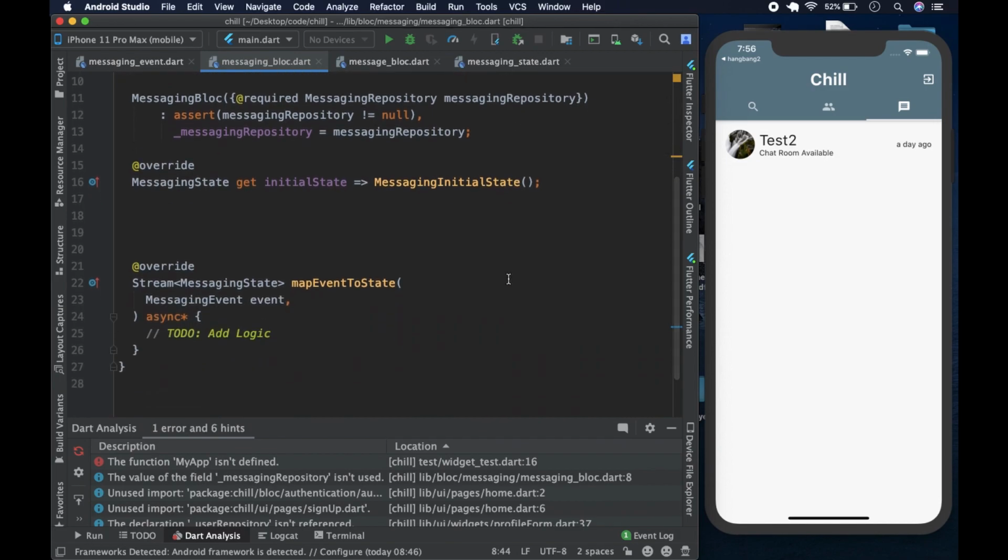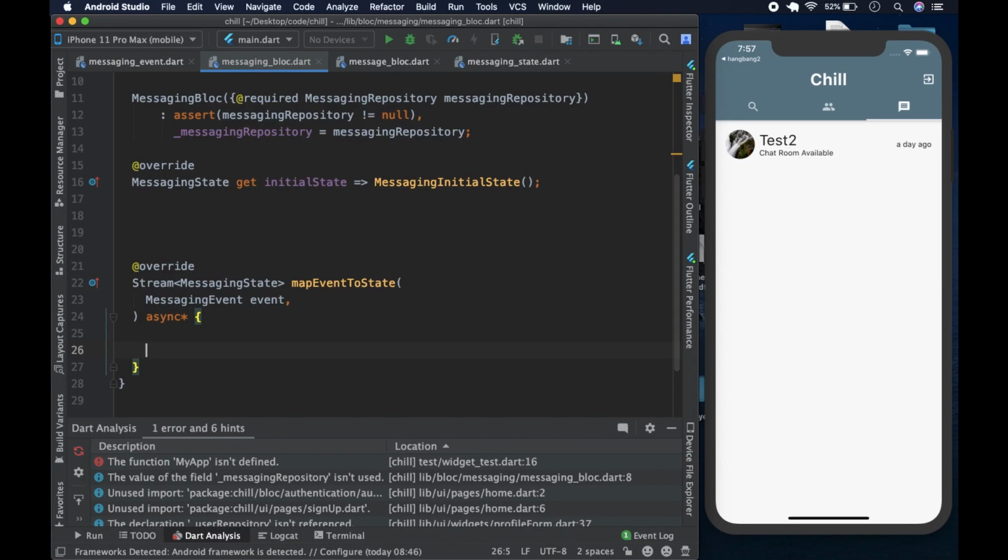After that we're going to come to the map event to state, and there we're going to use yield star or yield each, depending on where you look. What we're going to do, like we've done before, is just separate the event handlers into their own functions. Yield star will insert all the elements of the subsequence into another sequence, basically. We've done this a couple of times, and I think I've explained it before. So we could just go quickly, end this video, and move on. I think we have about 2 videos, and then we update to BLoC 4.0. Yeah, and then we're free to move on to something else.